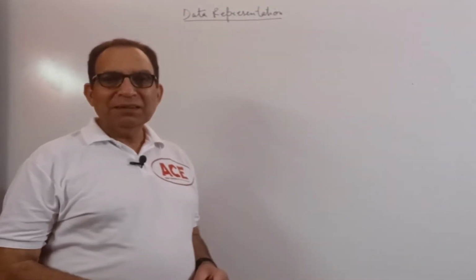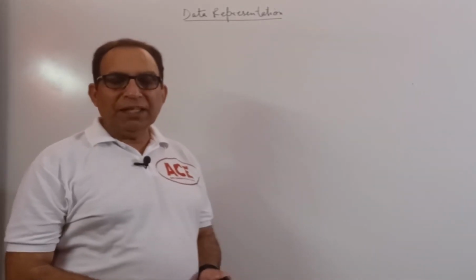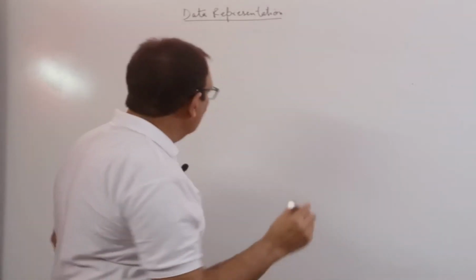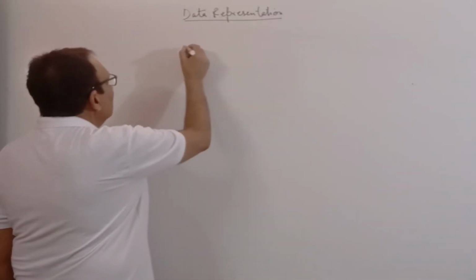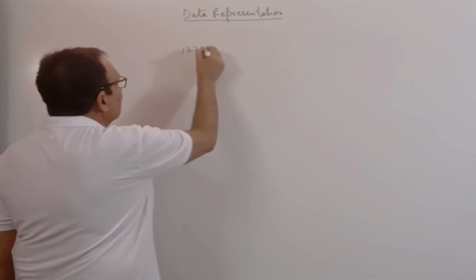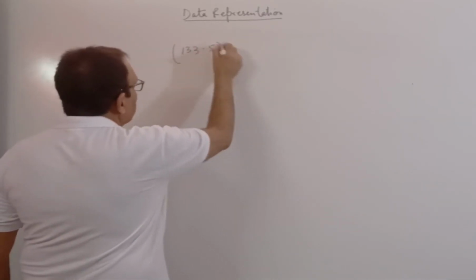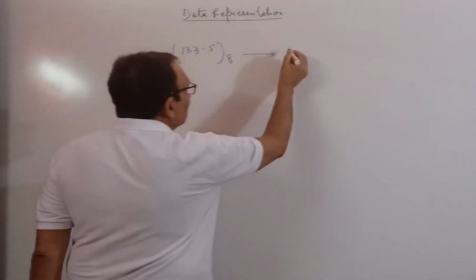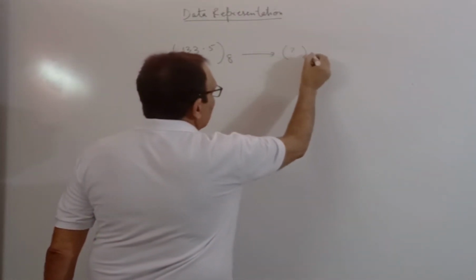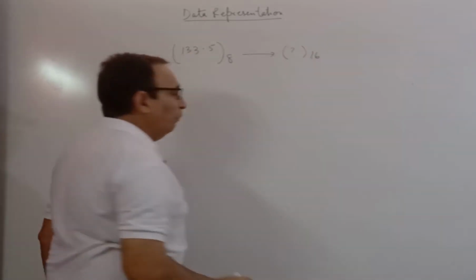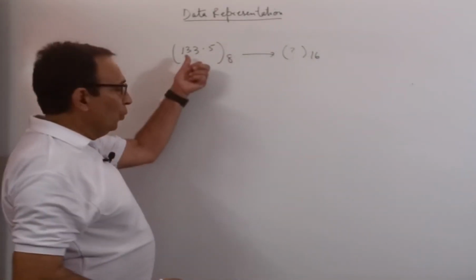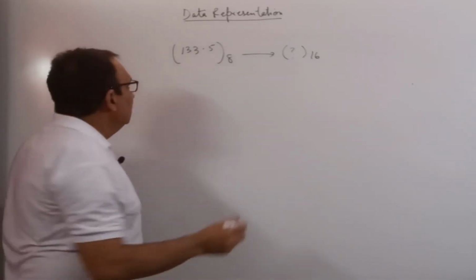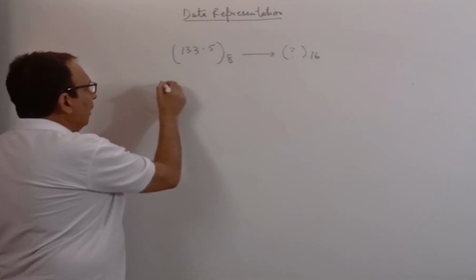Let us learn the conversion of octal to hexadecimal and hexadecimal back to octal. For that, let us take one example: 133.5 base 8. Let us convert it into a hexadecimal number. For this type of conversion, the best thing is to convert the given octal number into a binary number. So, for converting into binary,